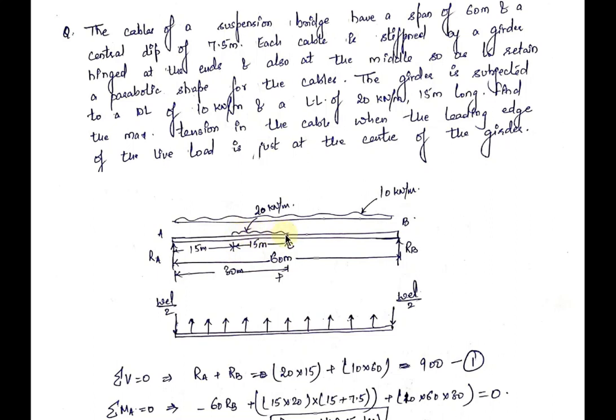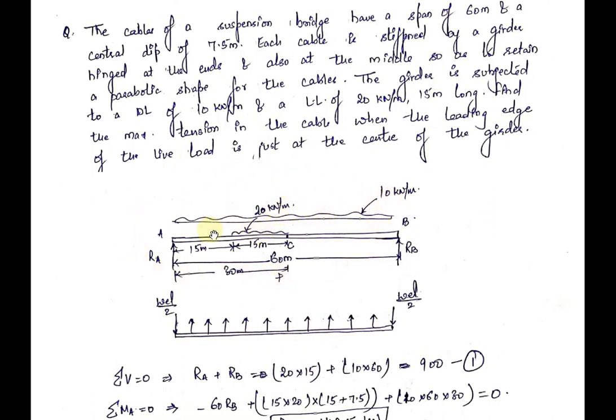Live load will be placed here with its front edge at C point. The length of the live load is 15 meters. If this is 15, C is at the center, so therefore this will also be 15. 30 minus 15, 15. Dead load will be acting along the whole length of the girder because it is the self weight of the girder or any permanent load which is attached to the girder. But right now we will assume that it is a self weight of the girder, so the self weight will act throughout the length of the girder, and the value of the dead load is 10 kilonewton per meter and the value of the live load is 20 kilonewton per meter.